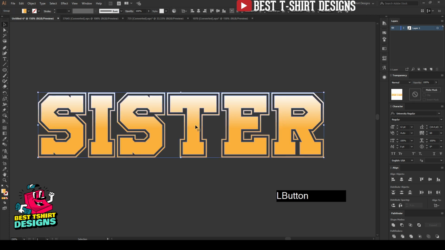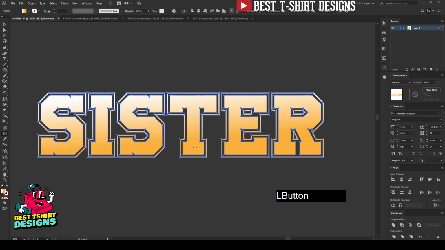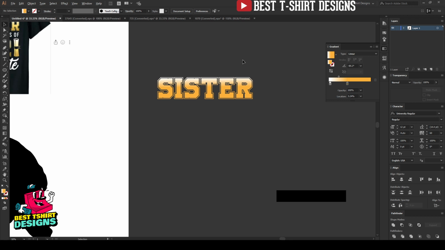And if I select them like this, I can press G. You have to check in the View panel, you have to check Show Gradient Annotator. You have to check this button, and that will make it work. If you press G, it is going to look like this. You can adjust the colors from here like this, or let's keep it, or you can increase the white like this if you want. So this position is looking good for me. Okay, so this is how you can make this effect. I think that will help you.